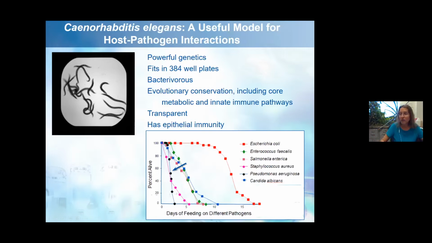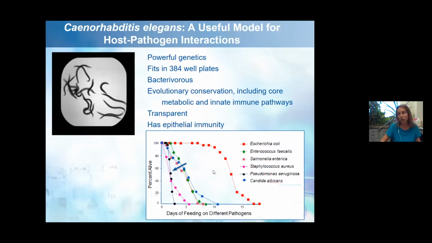Importantly, these pathogens frequently use the same mechanisms to kill the worm as they use in infection of a patient. So by studying C. elegans-bacteria interaction, we can identify relevant virulence pathways and relevant defense pathways that could be translated to human infections. And the black line here just shows C. elegans infected with the gram-negative bacteria Pseudomonas aeruginosa, which is the main focus of my lab. And upon infection, worms die in a matter of 3-4 days.